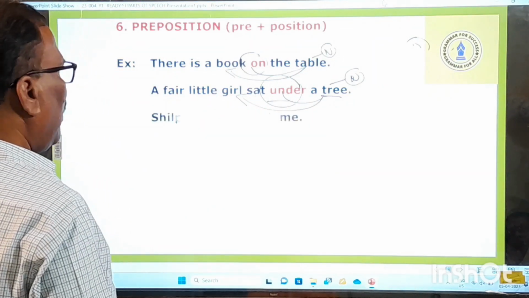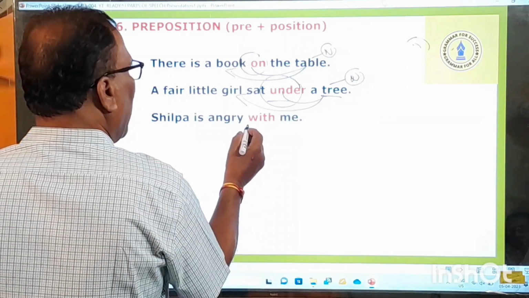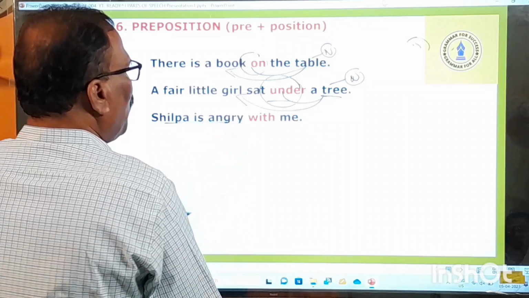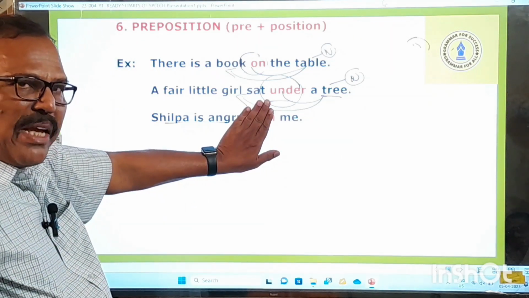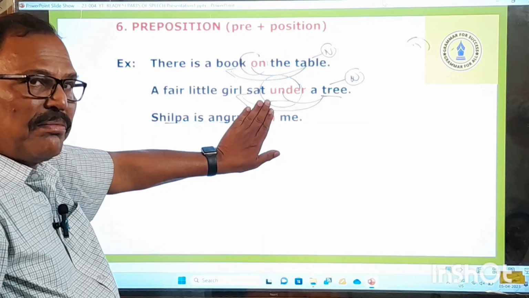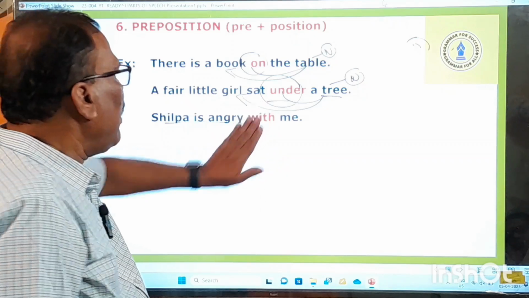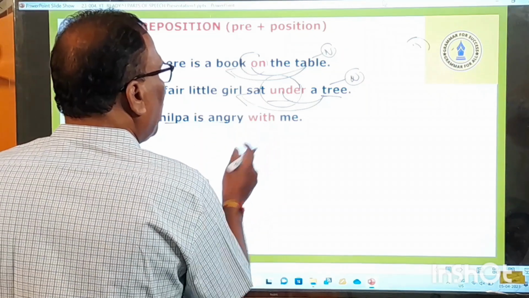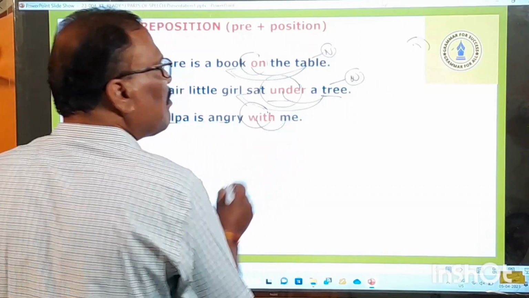Okay, and here what is that? Shilpa is angry with me. Shilpa is angry. Okay, that's fine. Suppose I have removed this word from the sentence. What meaning do you get from it? Shilpa is angry and me. Shilpa is angry. Me? No meaning at all. And here, Shilpa is angry with me. So then, if you put this with, what happens? So, with me,